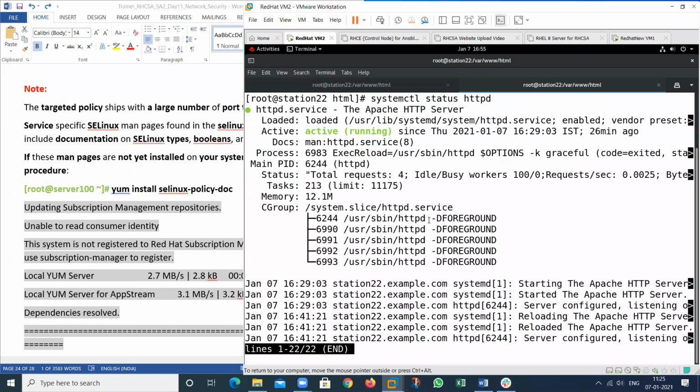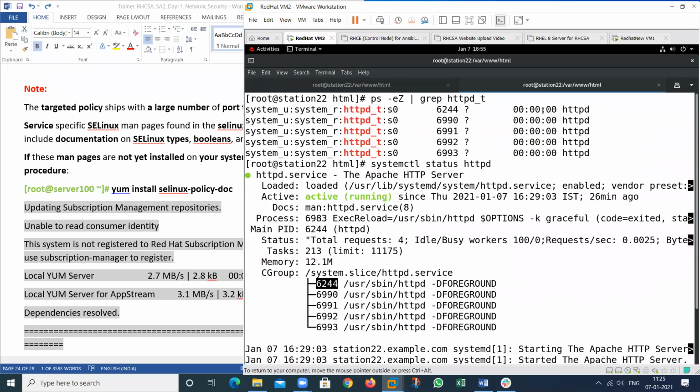There are 1, 2, 3, 4, 5 processes that run in my background. These are 6244, 6244, 6990, 6991. So these processes run in the foreground. It means there are two types of service that run in the background also, and in the foreground also. So these are the HTTP service.